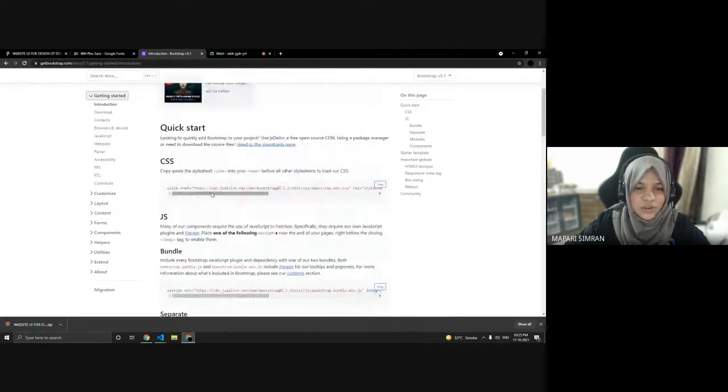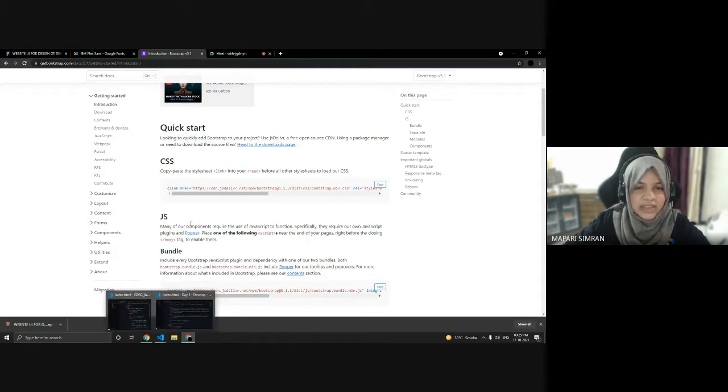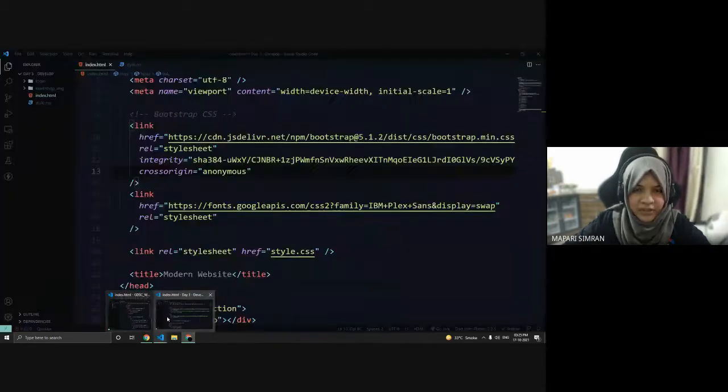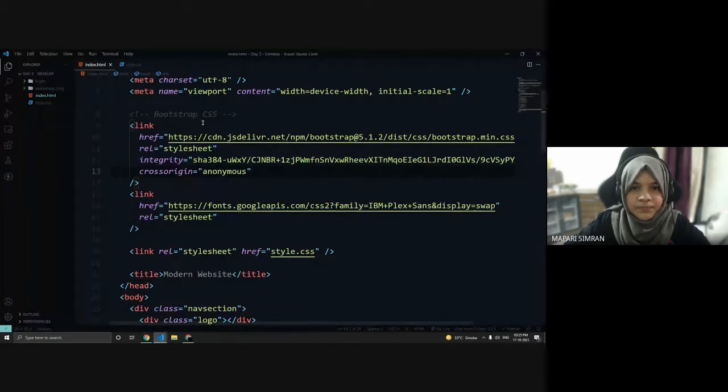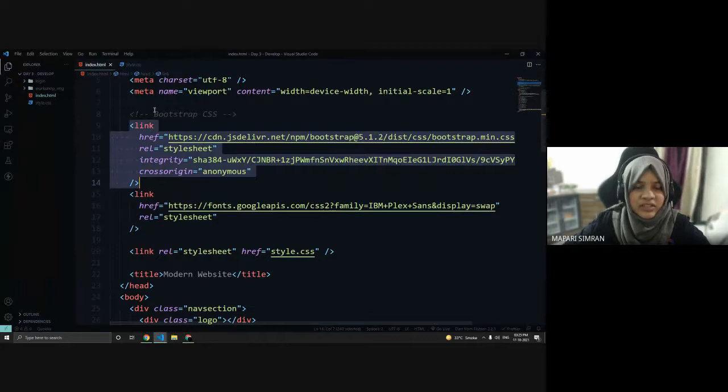We are not going to use much bootstrap, we'll be using CSS. If I use some bootstrap just for buttons, you can just copy the CSS link and add it in the head section of your HTML, like I did here. Yes, this is the bootstrap link for the CSS.